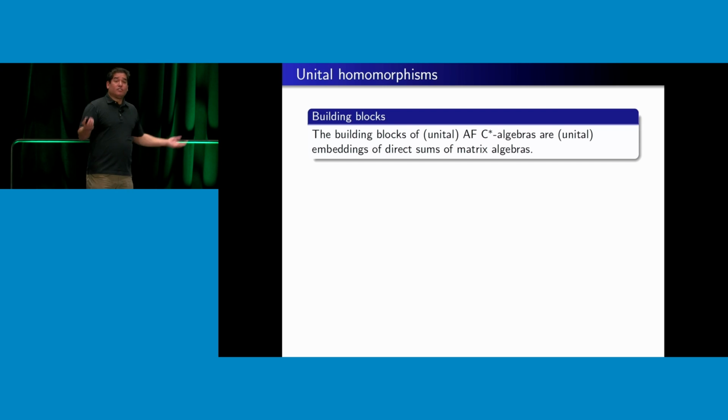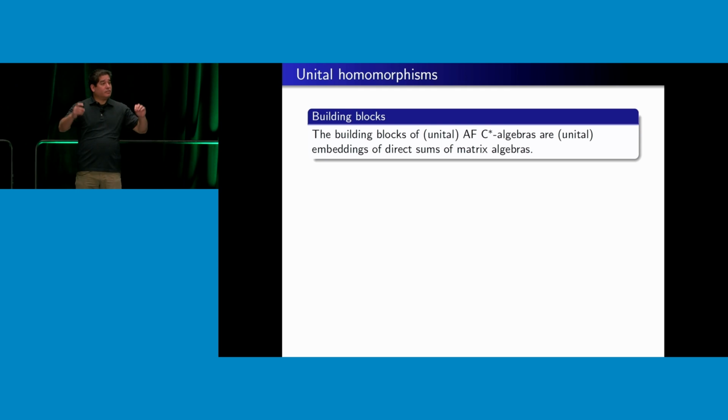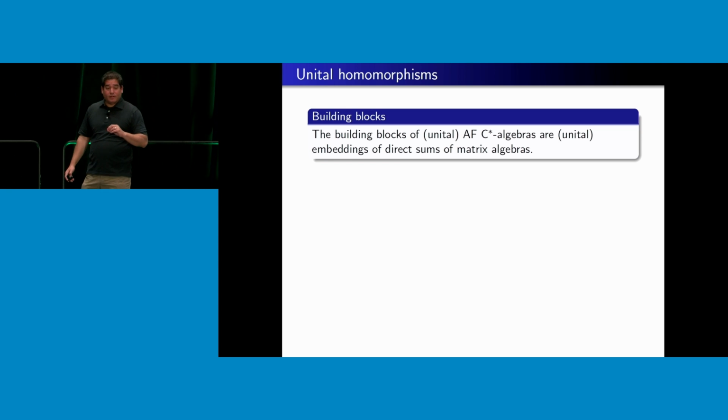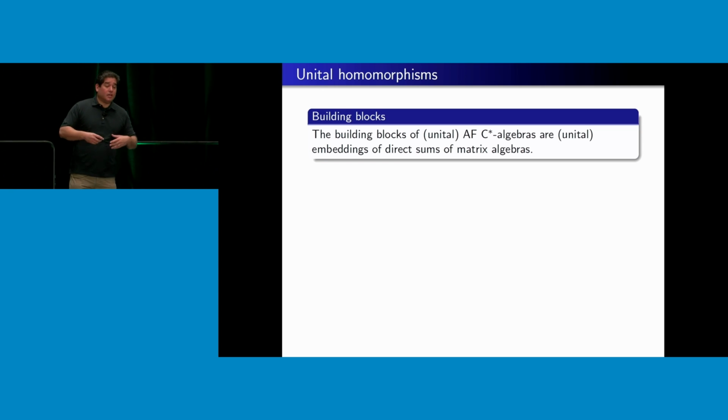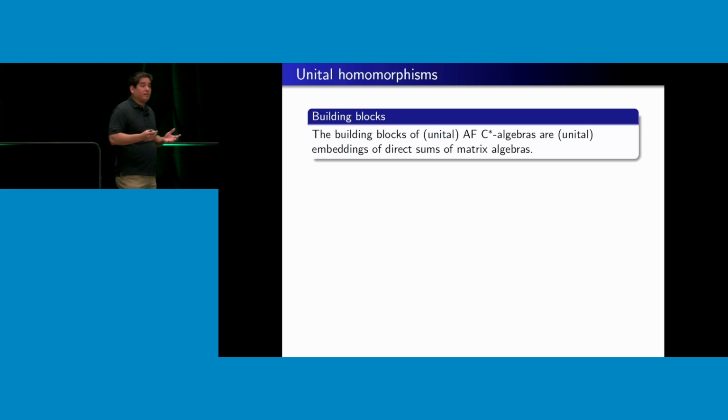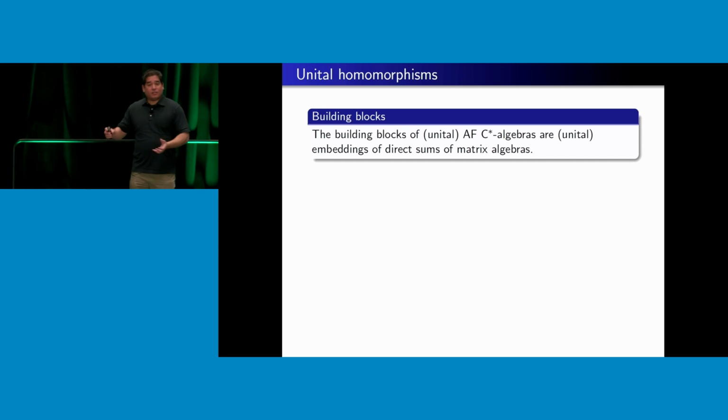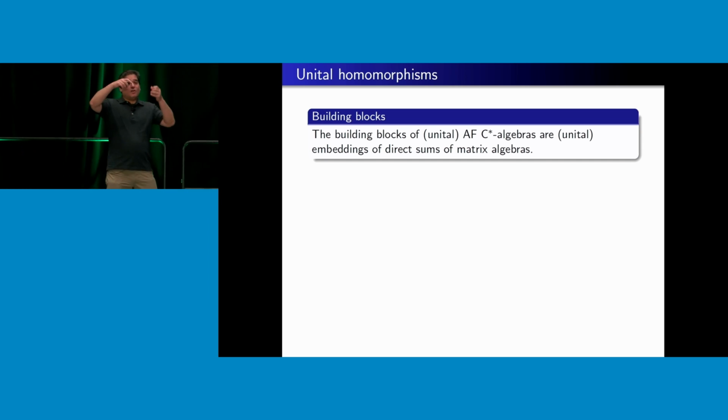So C-star algebras. It's a field in operator algebras. It's often thought of as non-commutative topology. It's a totally fascinating topic. I'll only be able to brush through some very trivial stuff here. One cool way of generating C-star algebras, the so-called approximately finite dimensional C-star algebras, is to stuff matrix algebras inside other matrix algebras and do it over and over and over again.